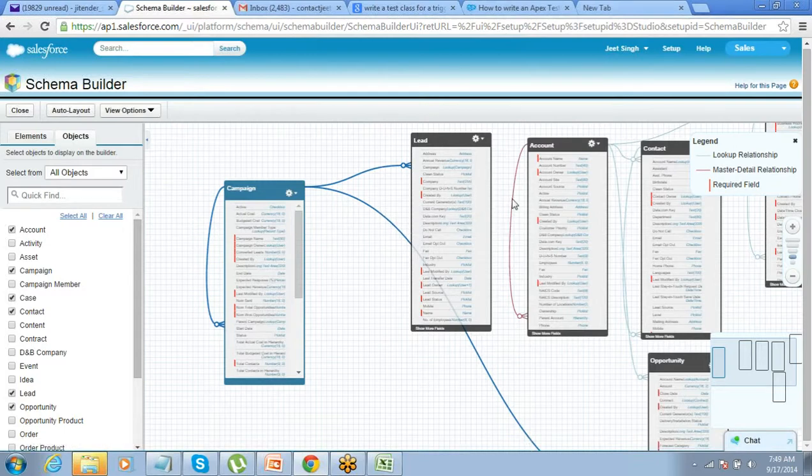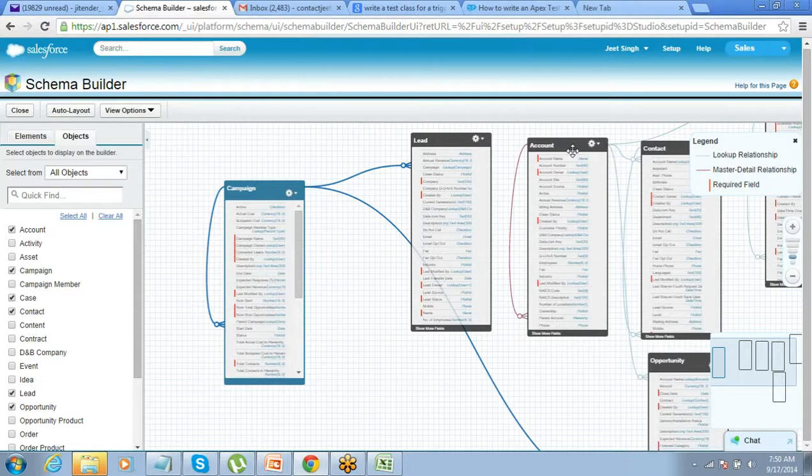Lead and account is also not connected. So account is something which is not a child in Salesforce. Account is not a child of anything. It is kind of independent. Other things are child, like lead is child of this thing, contact is child, opportunity is child. Account is the primary thing. So everything revolves around account.